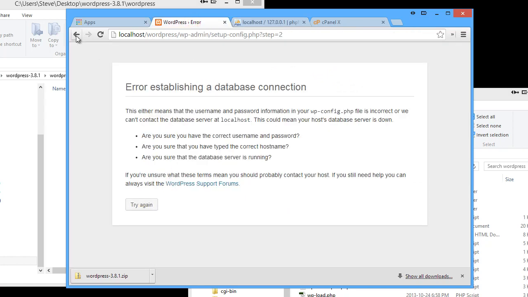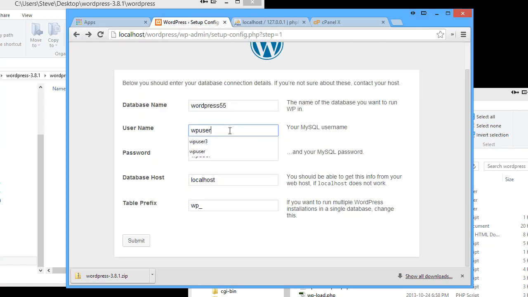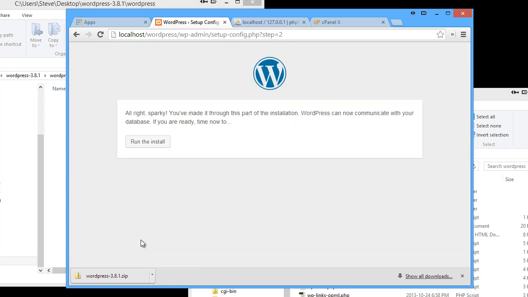So let's go back and try again with the proper information. And good, that's the message really that we're going for. If not, go back, double check your settings. It shouldn't be too difficult to find out where the point of failure is. Let's run the install,